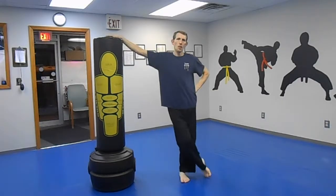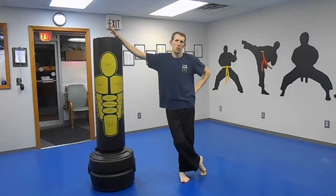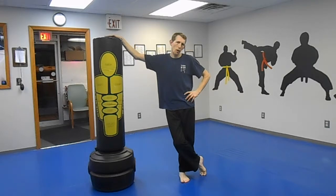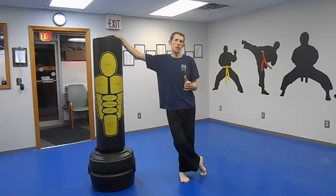Technique for my point fighting series. This one we call crossing heel. Okay, it's thrown with a hook kick, but instead of hitting with the heel, I'm going to hit with the ball of the foot. So now the reason for that in point fighting is because if I hit the heel,